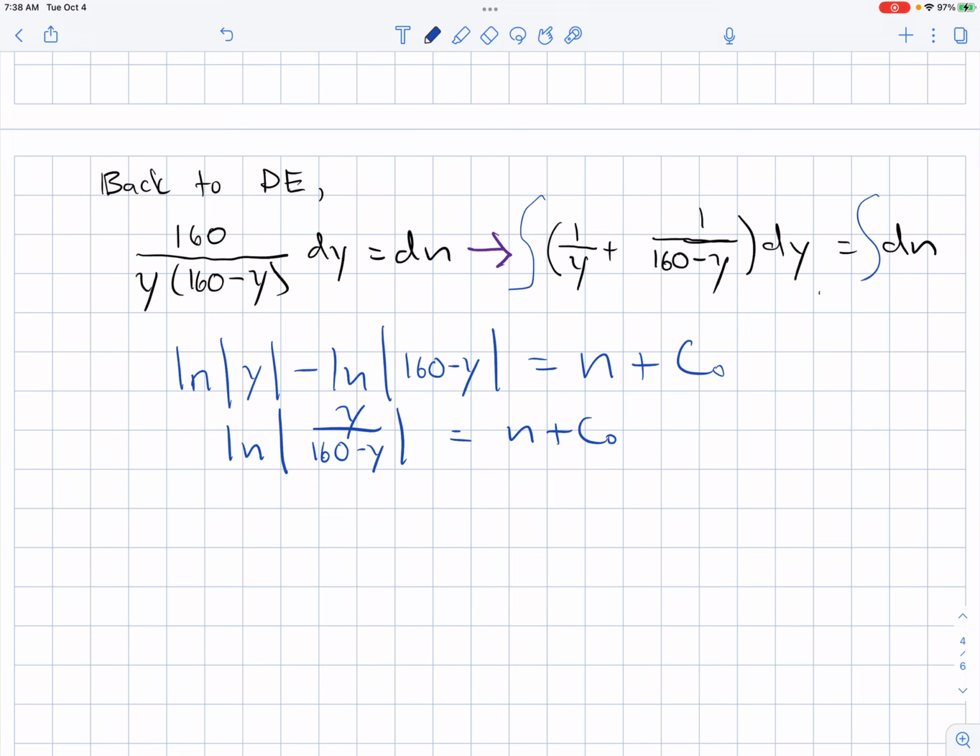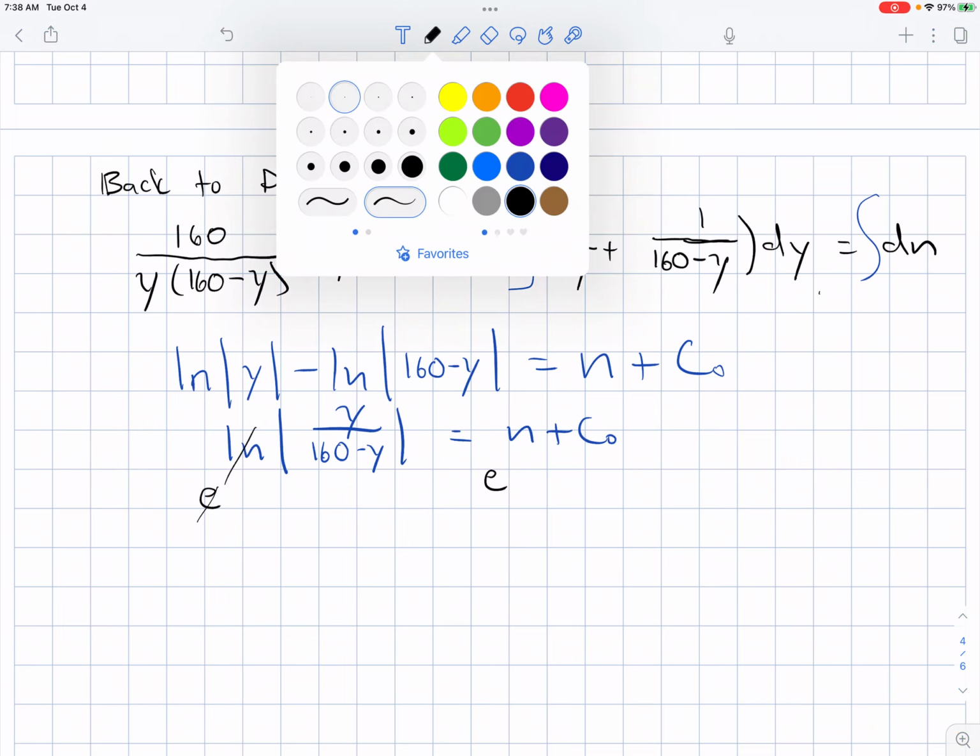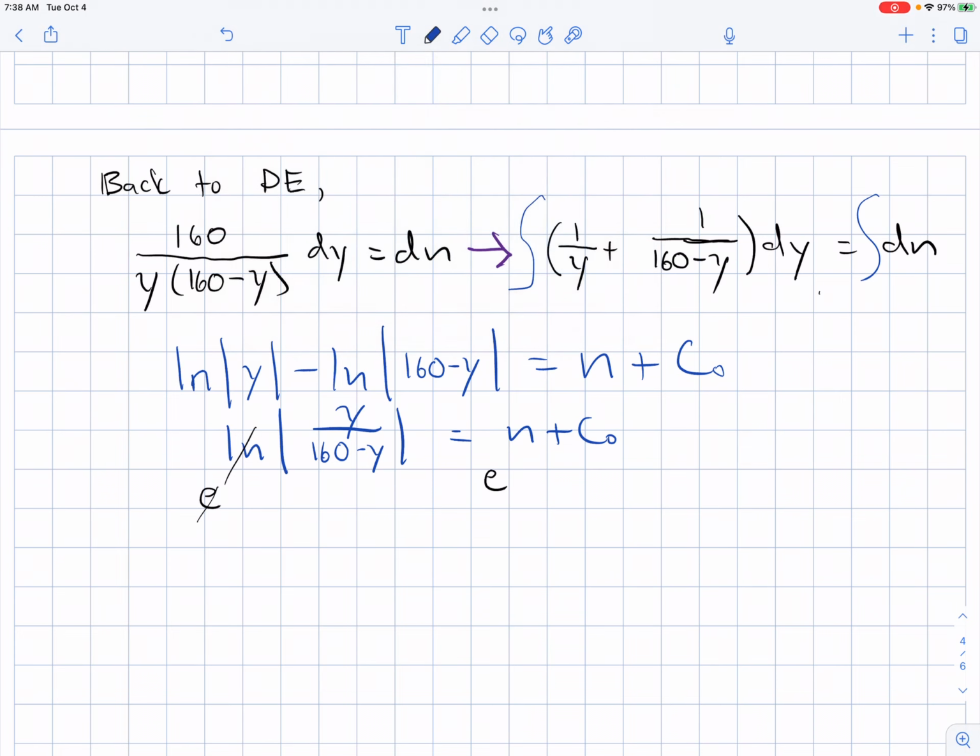And then the reason for doing this, or what makes this nice, is if we place e and use that as the exponent, using properties of logs again, they act as some kind of cancel out thing, and we end up with the absolute value of y over 160 minus y being equal to e to the n plus c sub 0,